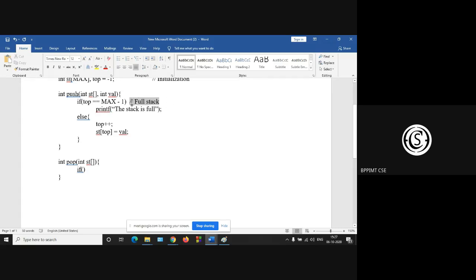This is the condition for full stack, okay? And what will be the condition for empty stack?